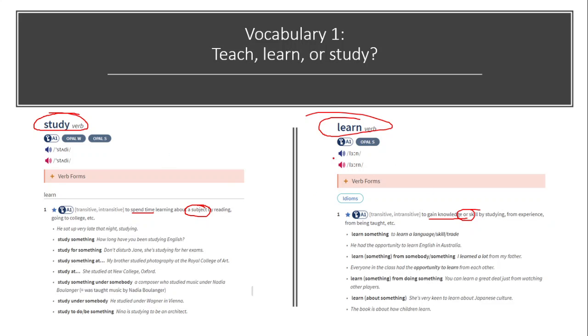So studying is part of learning actually. You use it with language, skill, trade. Okay, these are how we use it: study something, study for something. Alright,